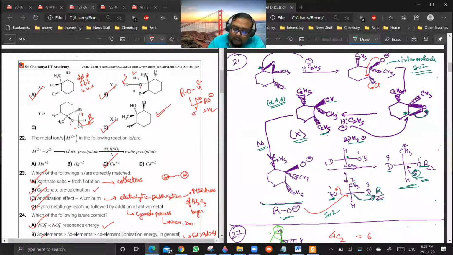We know that it is representing the same molecule because you see all are up or all are down. So the alkyl part is the same in both cases, but the configuration is R here and S here. So the alkyl part is same, but the configuration is changing. So only this can be the answer, this cannot be the answer. C cannot be the answer. Okay. After this, 22.